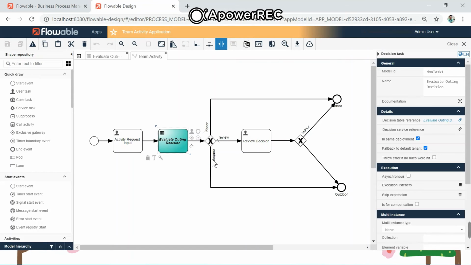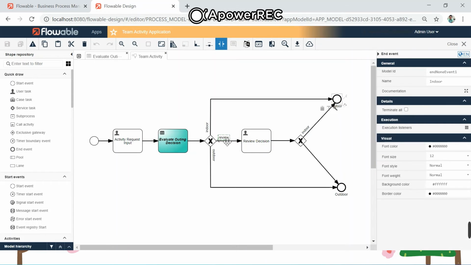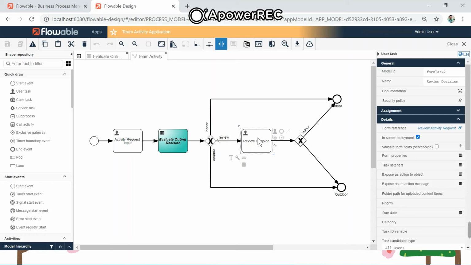If indoor or outdoor value is there, the process is completed with the end event. However, if the output is review, then it moves to a user task. So the user has to perform an action whether it is indoor or outdoor. So this is something about this business process.